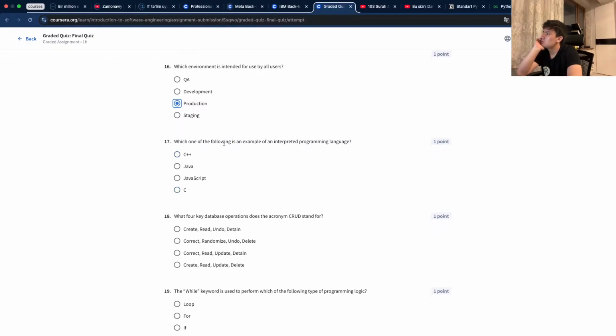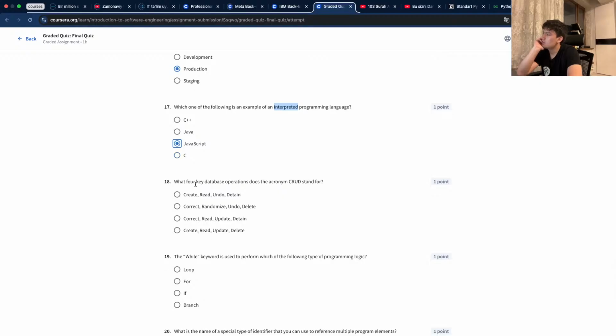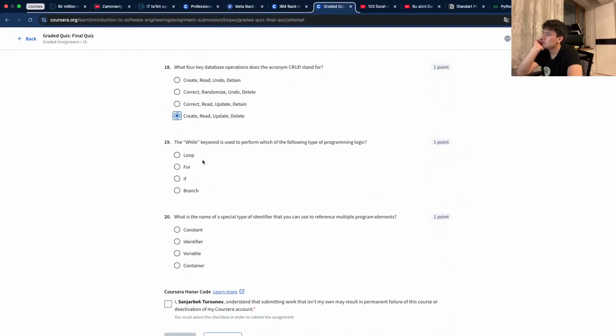Which one of the following is an example of interpreted language? JavaScript. What 4-key database operation create, read, update, delete? The while keyword is used to perform which of the following types of programming language? Loop.